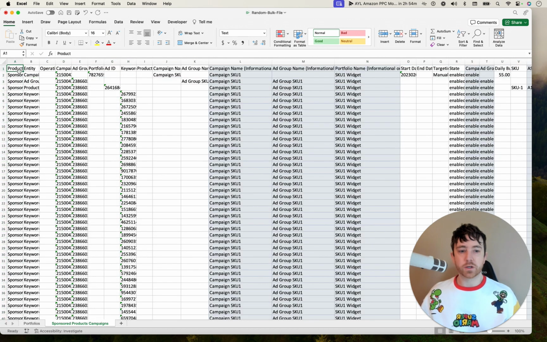So the biggest things we're going to look for, if you're not familiar with bulk files, don't get overwhelmed with the amount of information right here, because we're here to do one specific thing, and that is adjust campaign budgets. By the way, adjusting budgets is an absolutely amazing way to cut bleeding campaigns, cut spend, and